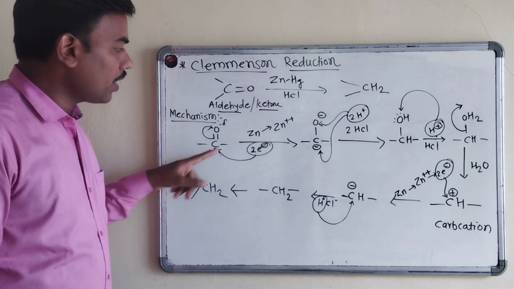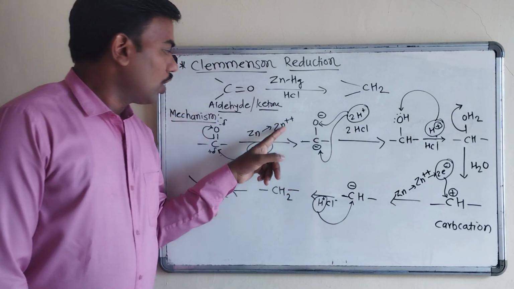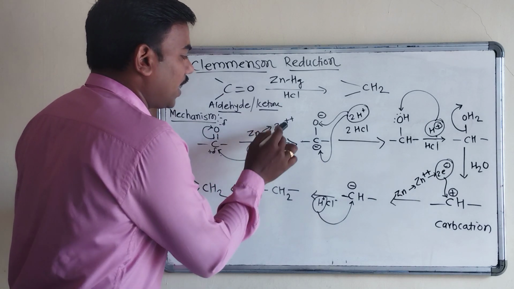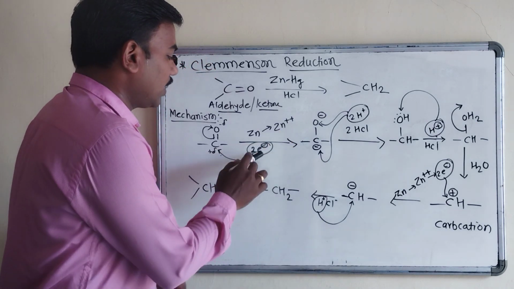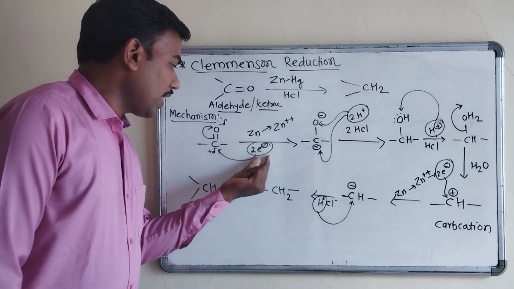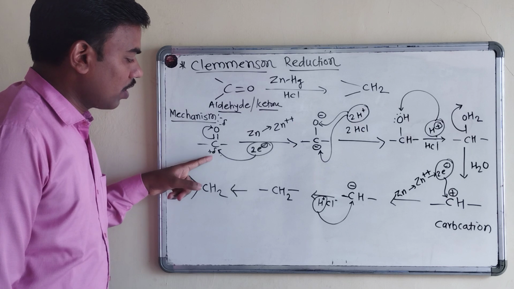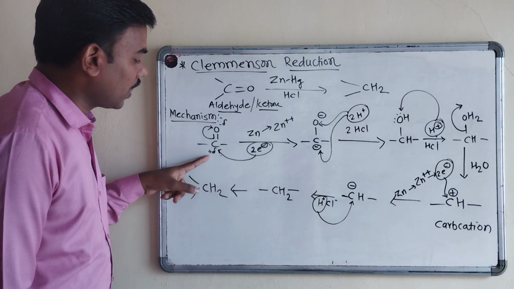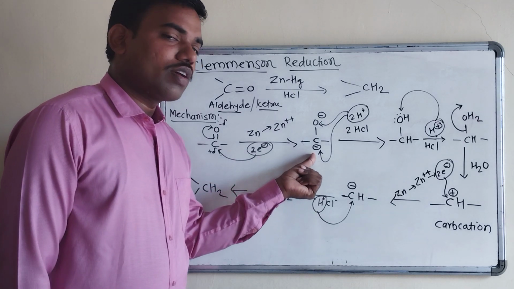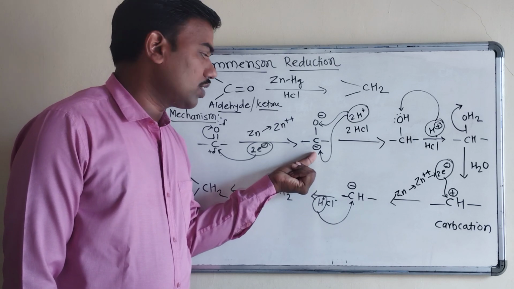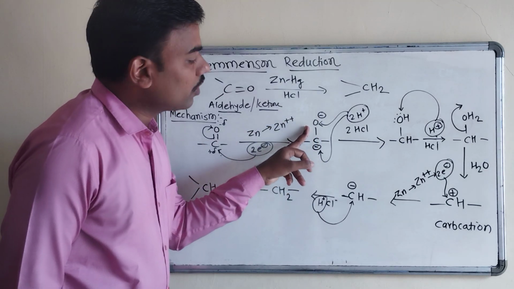See here, what will happen? Zinc is dissociated in the form of Zn++. Due to dissociation of this zinc into two cations, two electrons are there, and these two electrons shift towards this positively charged carbon, but here only one positive charge and two electrons are there. For that purpose, a negative charge will be observed here, that is carbon also possesses negative charge and oxygen also possesses negative charge.